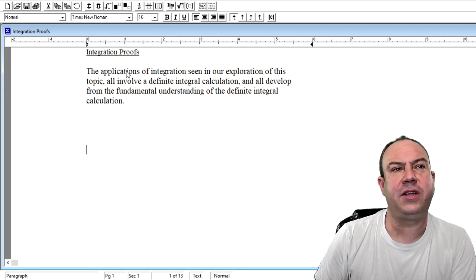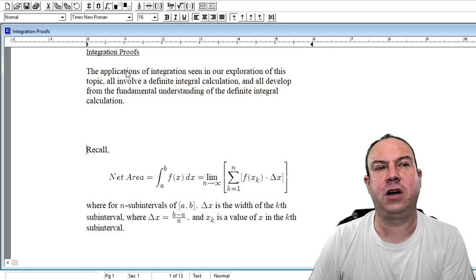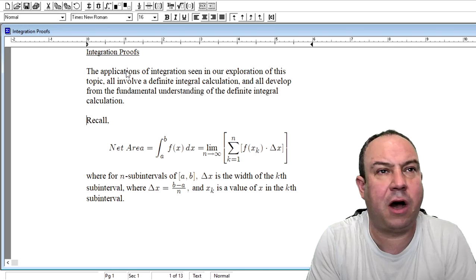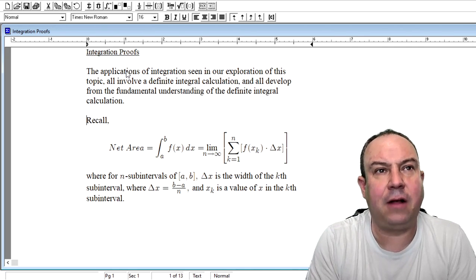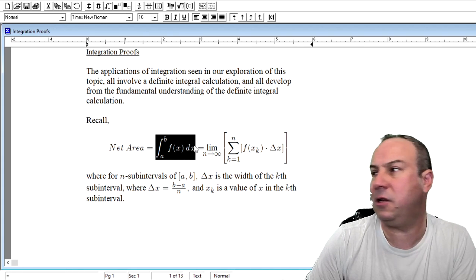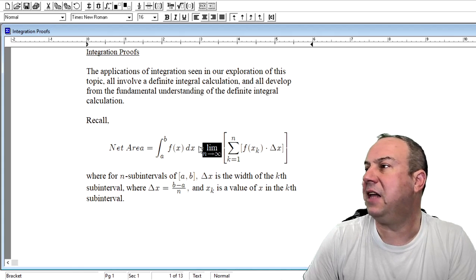If we do a little recall on net area, we want to recall that when we calculated net area back at the end of Calc 1, in our introduction to integration, that net area was calculated using the definite integral calculation, but it was itself a limit